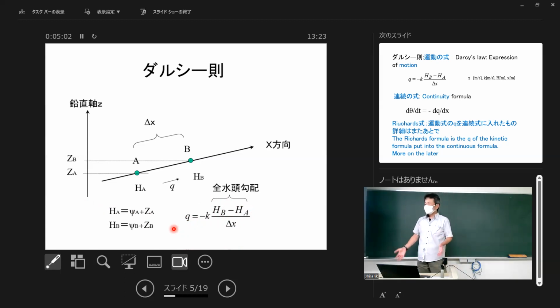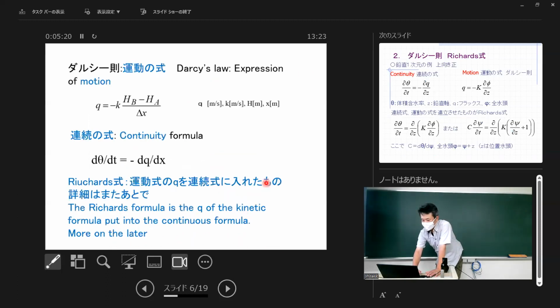So this governs the motion. This is the Darcy equation. Darcy's law. Yeah. まあ、ここもまだわかんなくてもいいです。It's okay if you do not understand this equation now. But a little bit confused, yes, Darcy's law